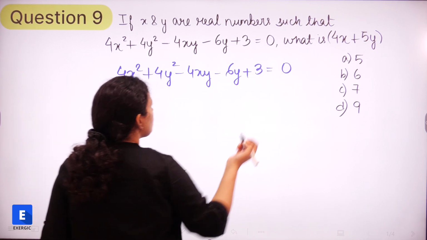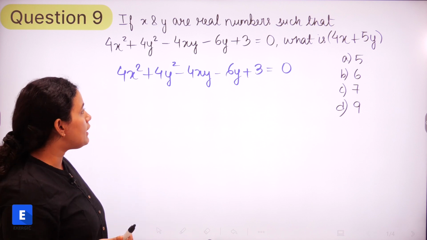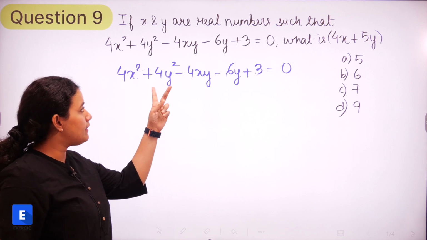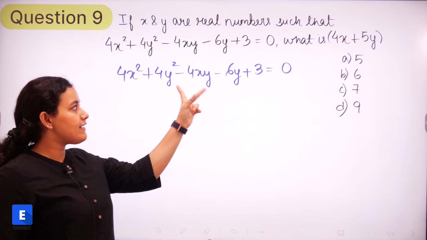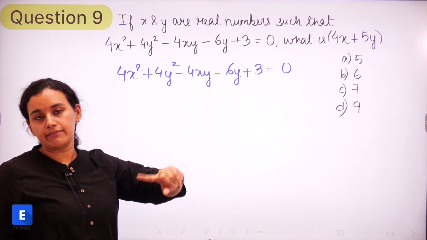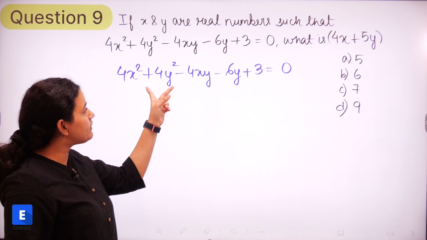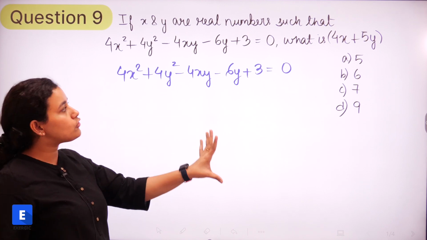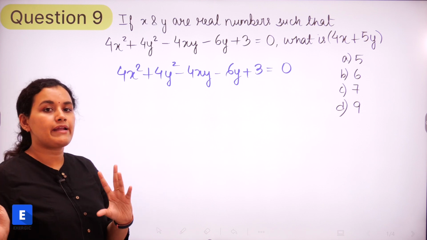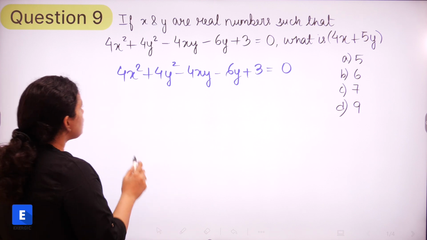So you need to notice here that there is no term having just x, right? But we do have x square and we have xy. At the same time, we have a term having y only, but we don't have any term having x, right? So we need to break this 4y square into two parts so that we can get two expressions having whole square. So how can we do that?